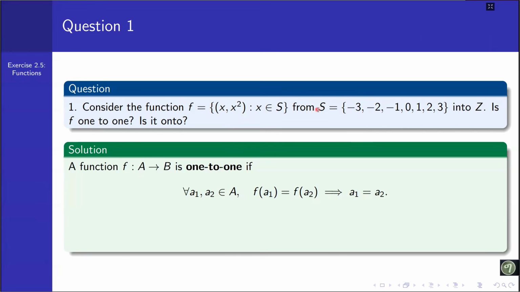Then the function is said to be one-to-one function. But if there are any two different elements a1 and a2 of this function, that is S, but f of a1 and f of a2 are the same,